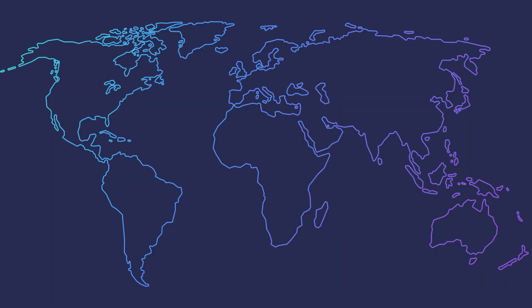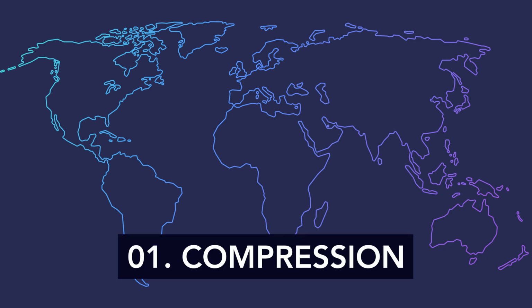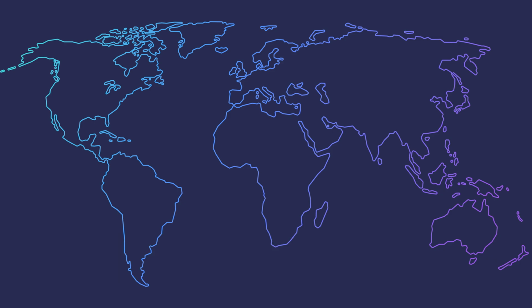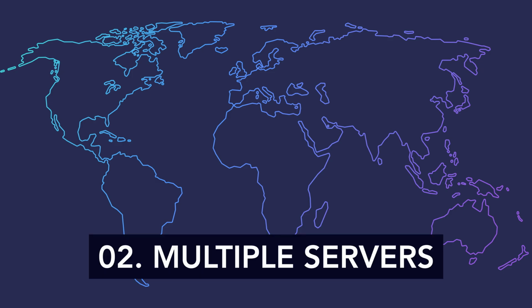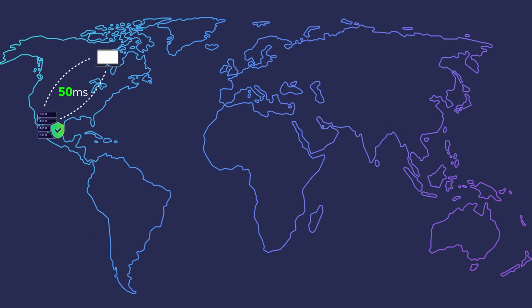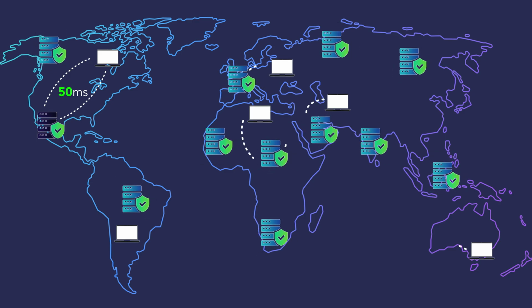There are 3 key things that CDN does. The first thing, it will compress your website into a smaller website so it will load faster. The second thing, it will place your compressed website on multiple servers in the world, CDN servers, so that when visitors go to your website, they go to the closest server that has a copy of your website that is compressed. So the loading time will decrease drastically.